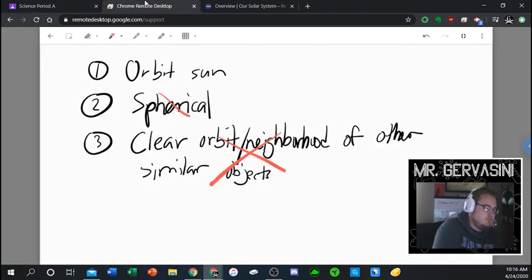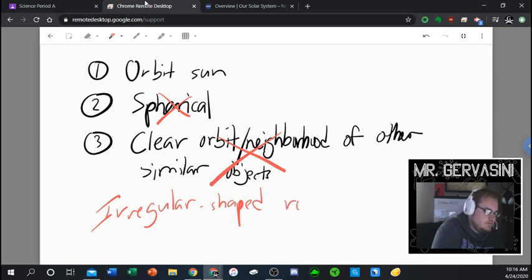No. So asteroids are irregular shaped rocks that orbit the sun